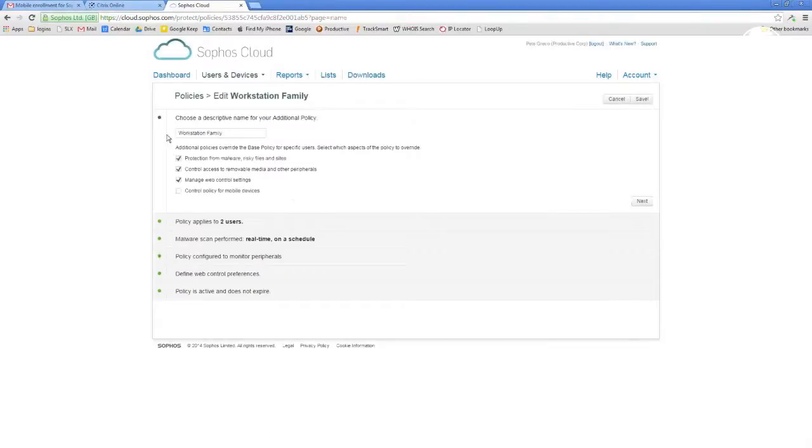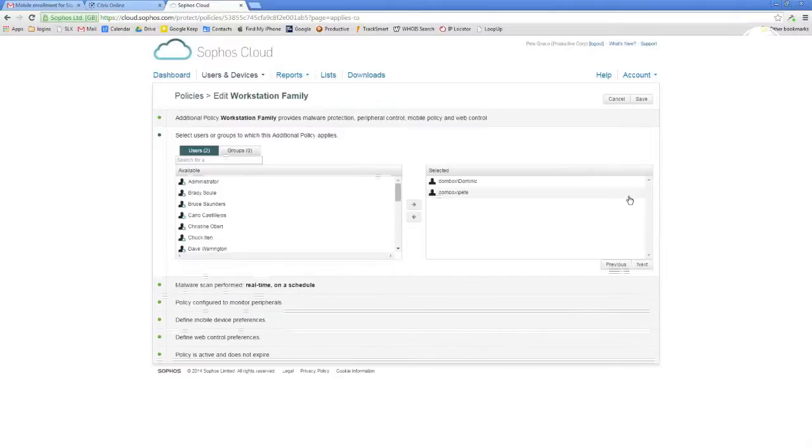And come on, baby, there we go. And so obviously I can name this anything that I want. Here's the protections that I'm going to enable, or that I have enabled. So base anti-malware protection right here. Here I've got some device access control protection. Here I've got my web content filtering. And here I've got my control for mobile devices, which you can see I don't have on. If I check that on, then it's going to add an additional category down here that I can configure and add. So I'm just going to do next.